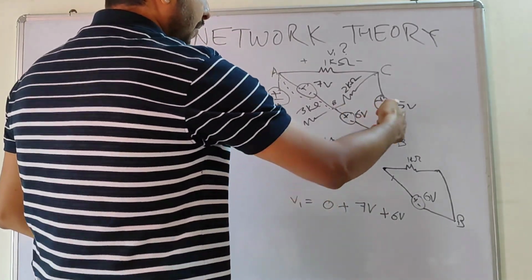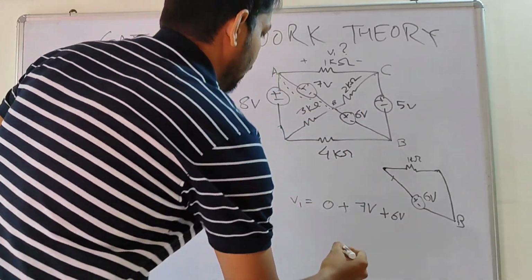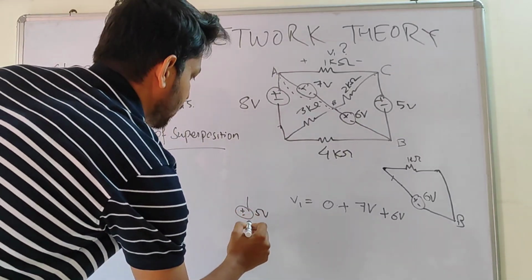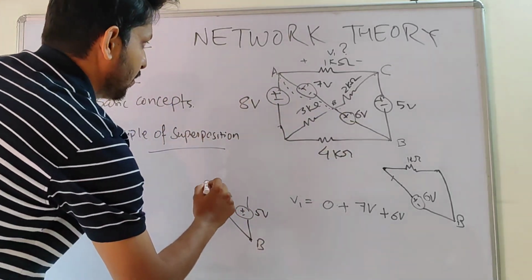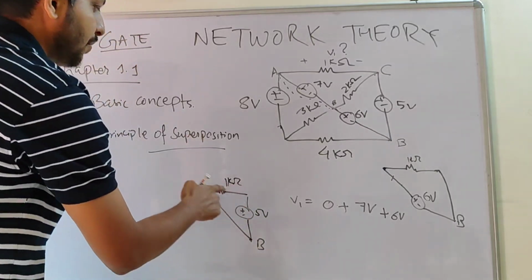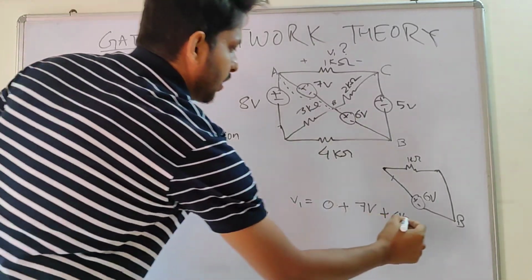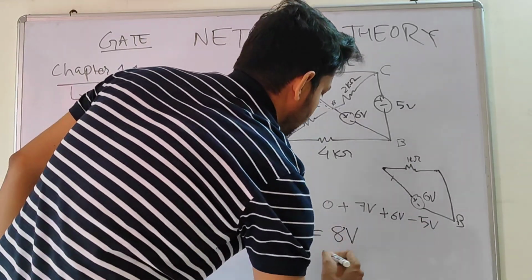And let's now do it for the 5 volt source, this one. Remove all these sources. What will the circuit look like? 5 volt. B and A will be shorted all through, and this is the resistance. So 5 volt is falling, but it's falling in the opposite direction, so here it is -5. So this is equivalent to 8 volt. So that will be the